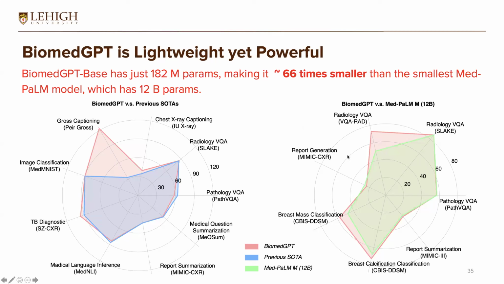From this, you will ask: they are using 12 billion, we are only using 182 million, so why can our model be comparable? Because they never do pre-training. This is very, very important. They just do what is called multimodal instruction fine-tuning, a technology just like LLaVA. If you look at LLaVA, you will realize that this is only using post-training.